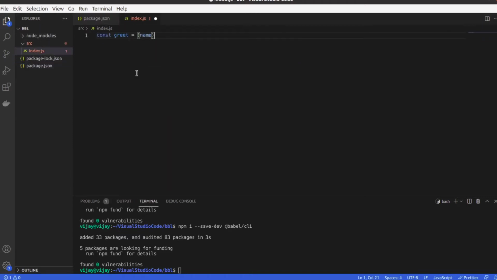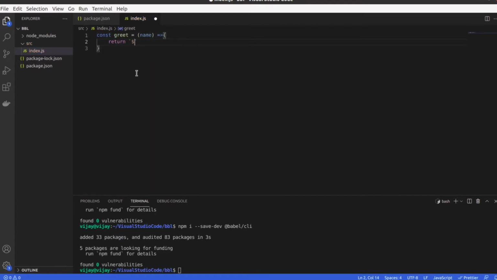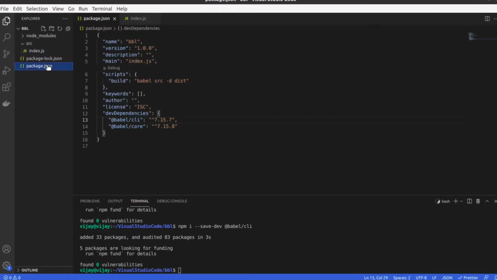Inside index.js, we will simply write an arrow function and a string literal so that we can see the difference in JavaScript within various browsers. So once we created an arrow function, here we will see our package.json and everything is set.